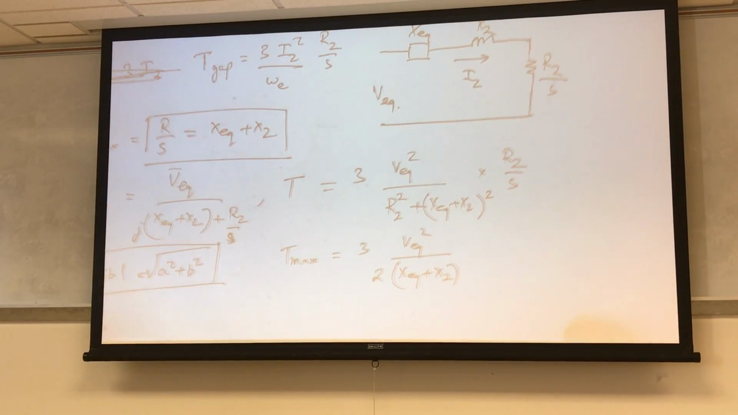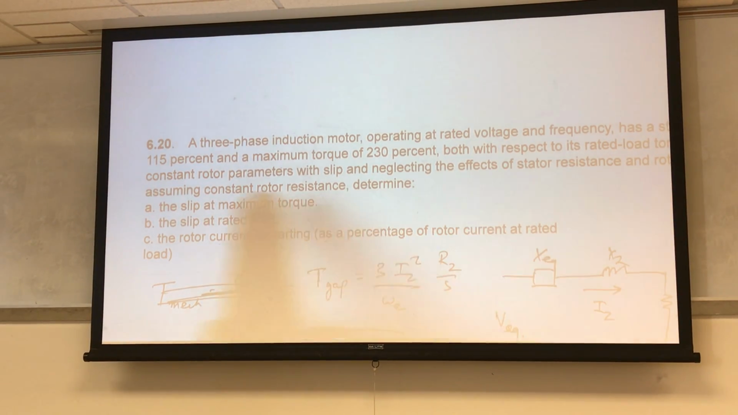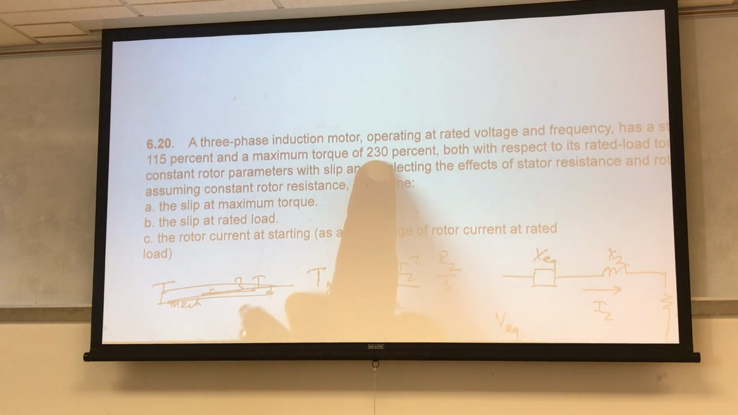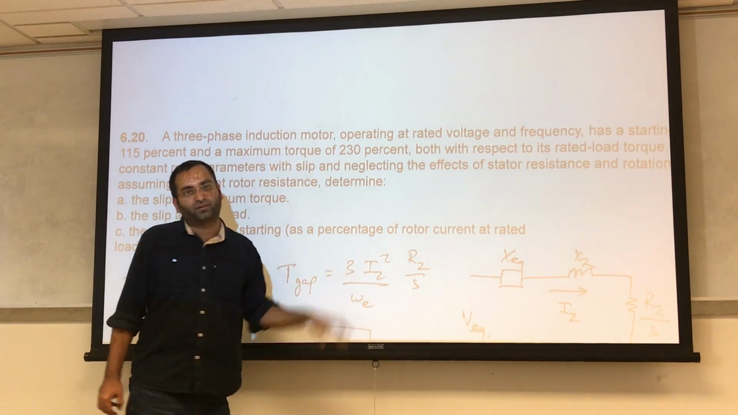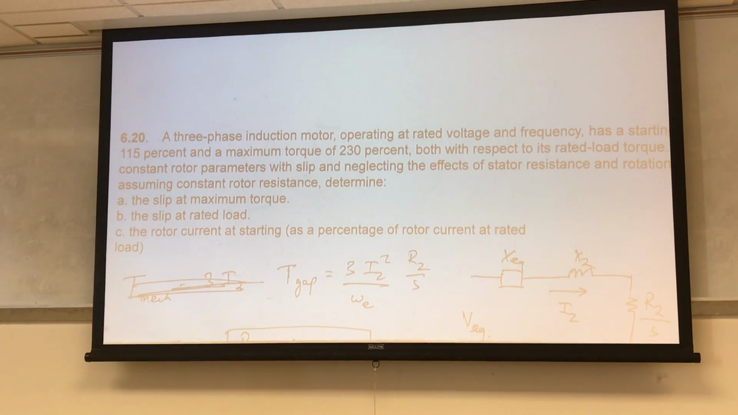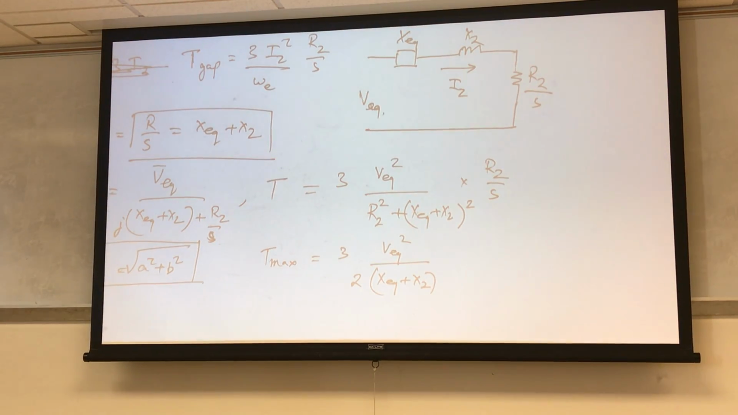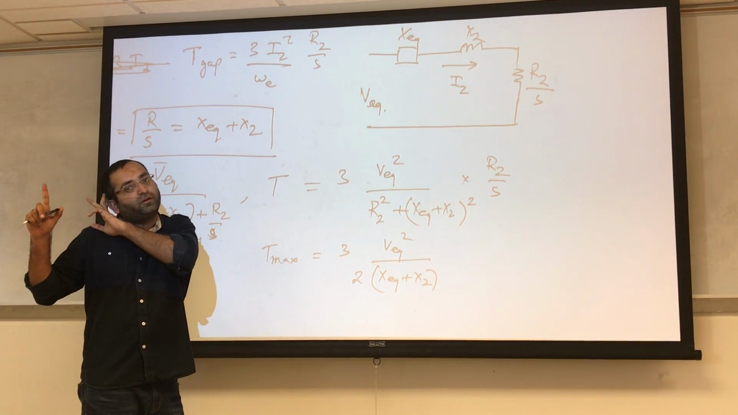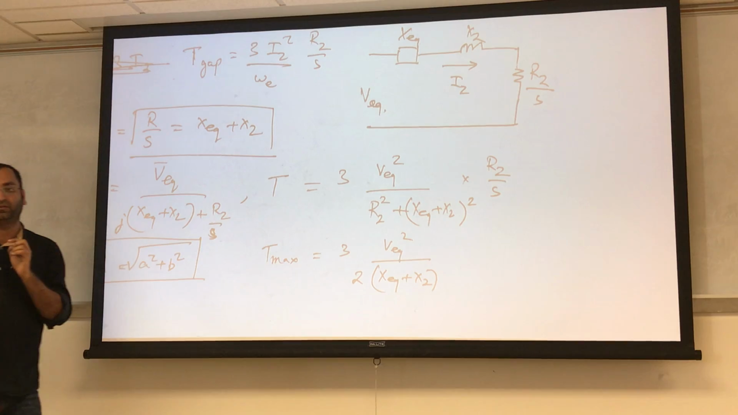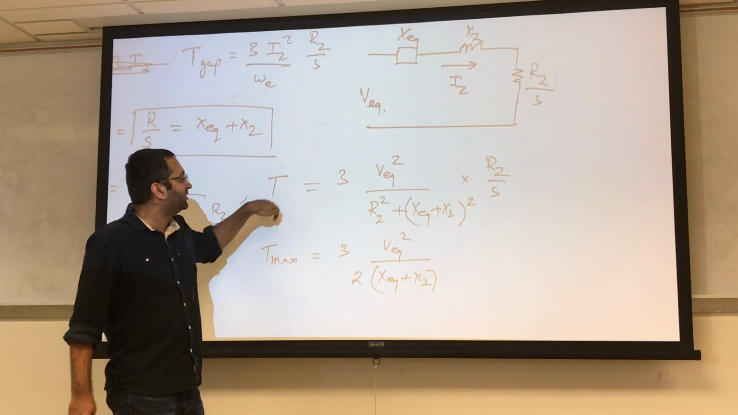Then the question says the starting torque is 115% and the maximum torque is 230%. So what is starting torque? If you see, just look at this equation. What is the slip at the starting? Slip should be 1 because speed is 0. Induction motor is starting, so speed is 0. So slip should be 1. That means you just substitute S as 1 and you find the starting torque as,